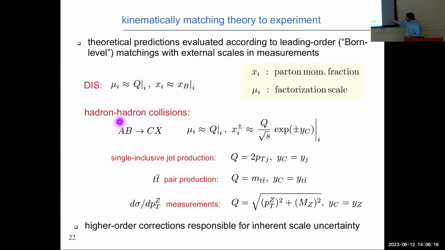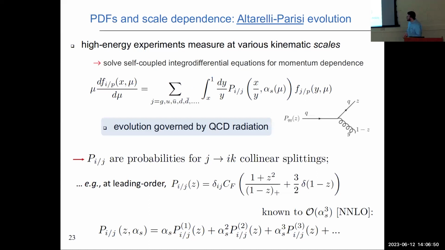That's DIS. For hadroproduction processes, for instance, at the LHC, then you have similar matchings between momentum scales that enter the problem, might be a pT or an invariant mass, or a rapidity, for instance, going in the direction of the momentum fraction. What one has to grapple with, however, is that these types of matchings, which I show on the screen at the moment, are born level matchings. And there is an inherent scale uncertainty to how one does this. That's actually a theoretical uncertainty that has to be controlled in doing these types of things. That's roughly speaking the main idea of doing these fits.